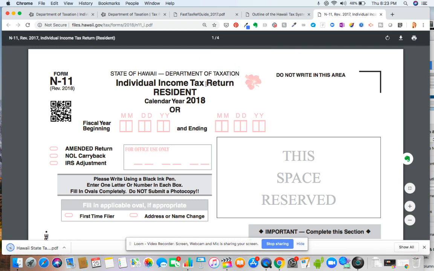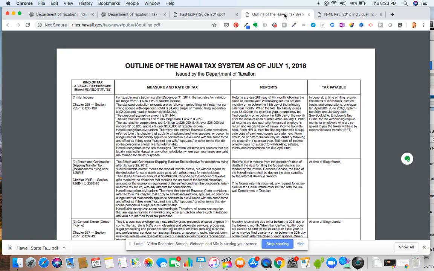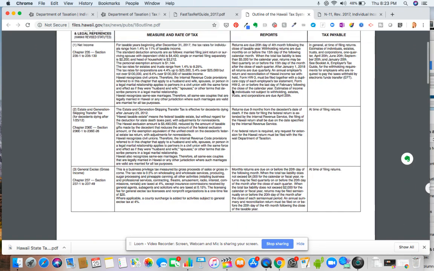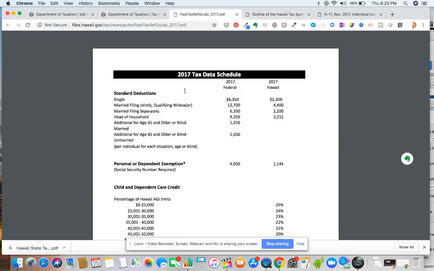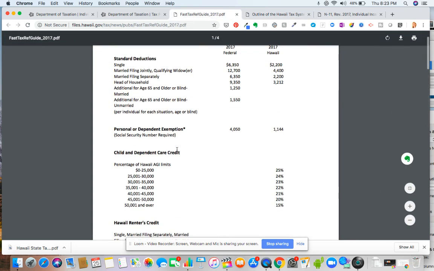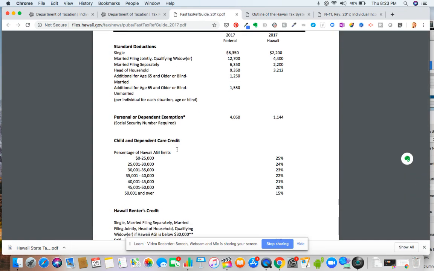Save. Look at that folder for where it's saved to so you remember, and then attach it under the assignment in LaLima assignments. The one other thing you're going to do is come over to the Fast Tax Guide,